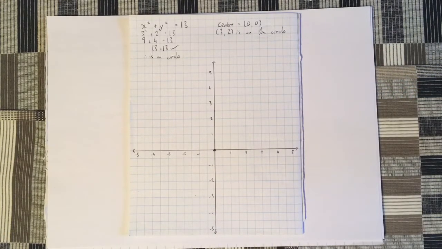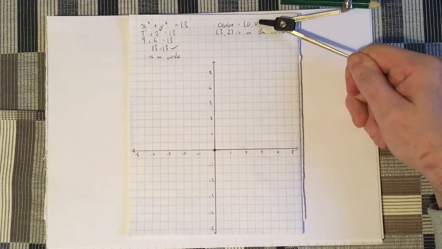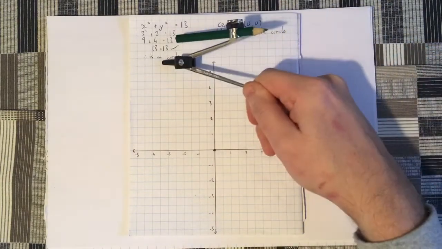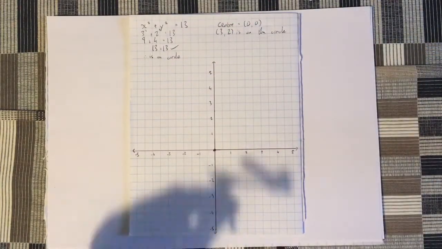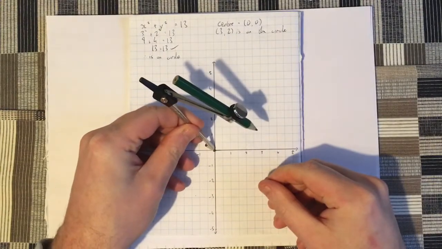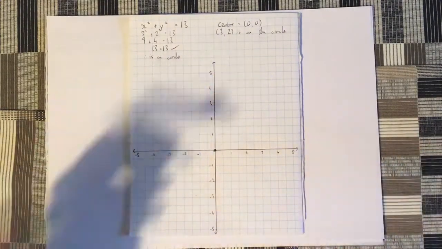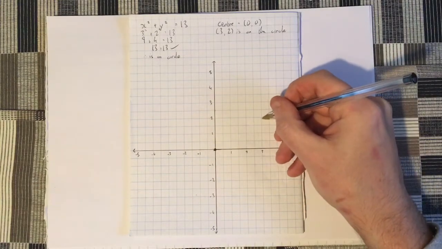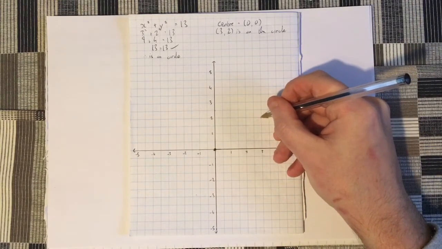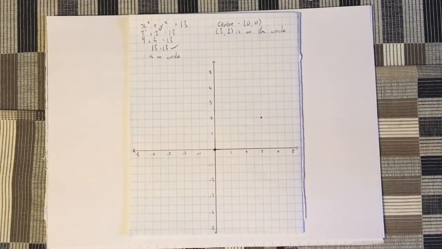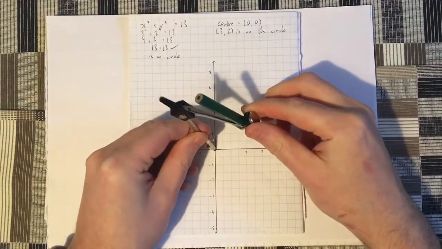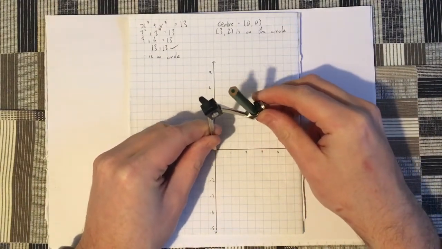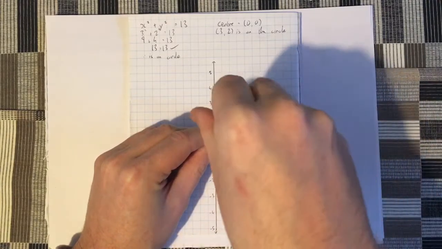So just to draw this circle, as I said, because it's just x squared and y squared on the left-hand side, I know the center is (0, 0). And I've just proved that (3, 2) is on the circle. So it is point of the compass on (0, 0), and then (3, 2) is the point we have on the circle. So point on (0, 0), pencil on (3, 2),